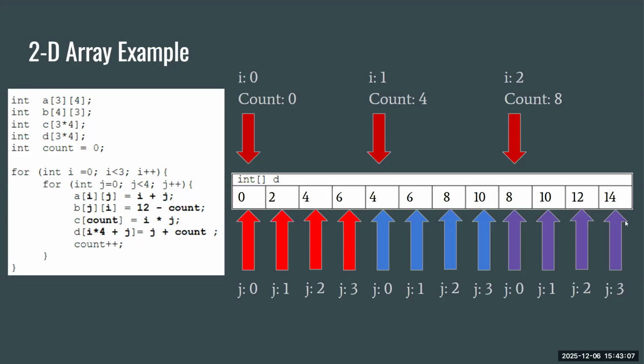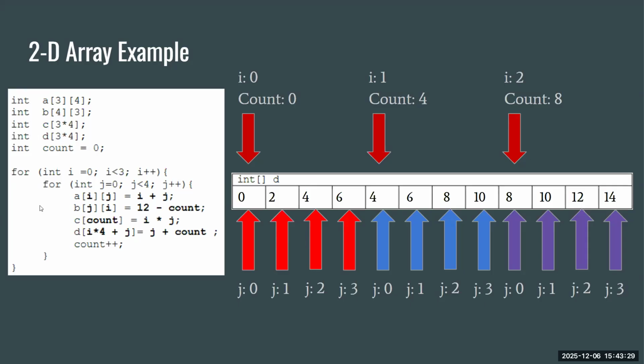And then we have another question. Can you explain i equals 1? Because I kind of got confused, especially with the i times 4. Yeah, so once we reach i equals 1, that's the second iteration of the outer loop,